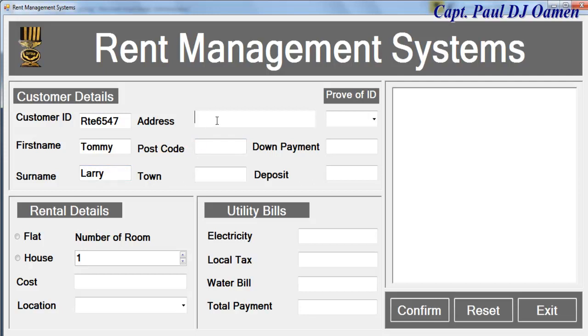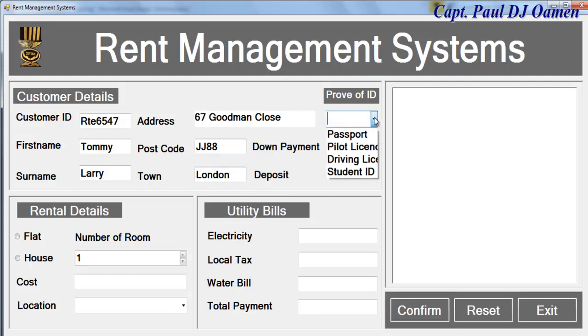Larry, and the address is, let's call that Goodman Close, postcode, town London, form of identification, let's say student ID, and down payment and deposited, that's what was deposited, and we're talking of flats too, and we now need the cost